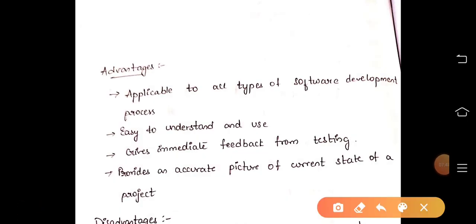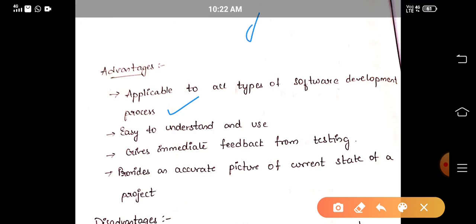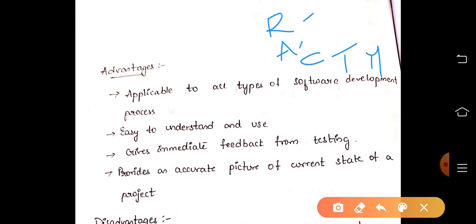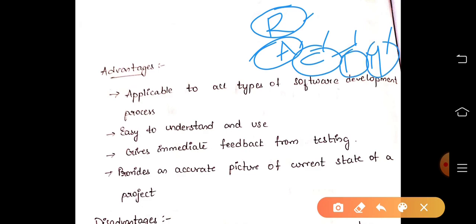The advantages of using this concurrent development model are that it is applicable to all software development processes: requirement gathering, then analysis, then coding, testing, and then maintenance. This model can be applied to every application or software development process.